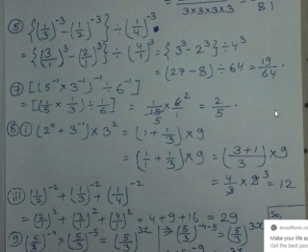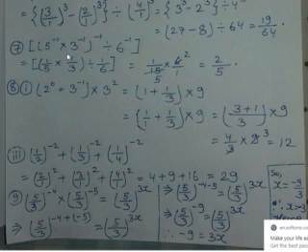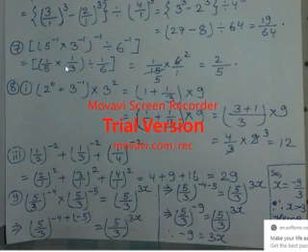Now students, if you see question number 7, it is also evaluate only. So it is {(5^-1 into 3^-1)}, again whole raised to the power minus 1, divided by 6^-1. So you can see 5^-1 will become 1 by 5, into 3^-1, it will become 1 by 3. As it is negative, what will happen? Its reciprocal will occur.